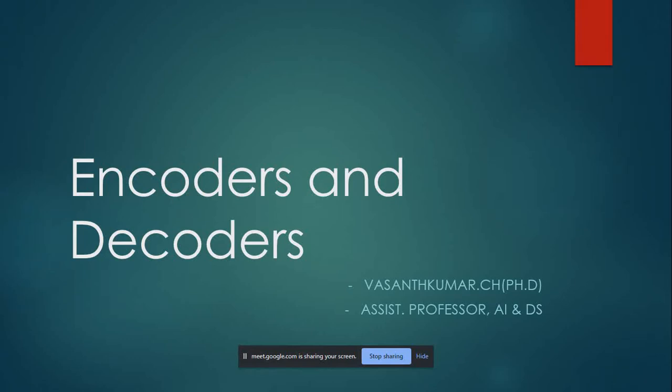In this session, we'll be looking at encoders and decoders. As the name suggests, encoding means that whatever data you give has to be in a coded form, and decoders are exactly the opposite of encoders. If you have a coded form, it will be converted back to the original data. These two things are basically for security purposes.